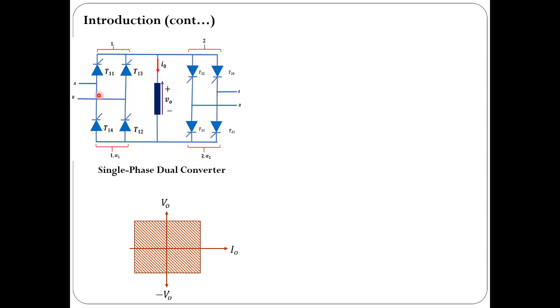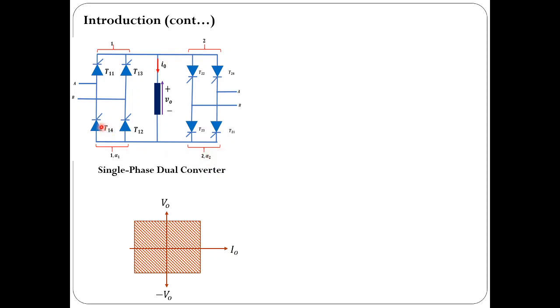Now if you see, we have two anti-parallel single phase full converters supplying power to the load, right? This kind of arrangement is known as a dual converter. You can control converter 1 by firing angle alpha 1. Similarly, you can control the second converter, converter 2, by firing angle, let me say, alpha 2.